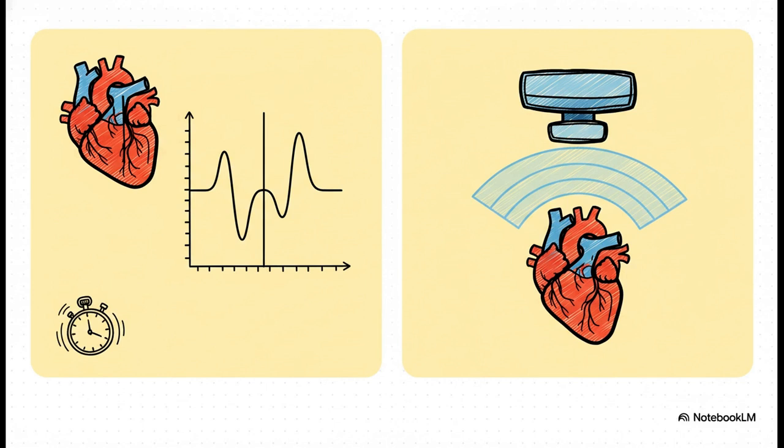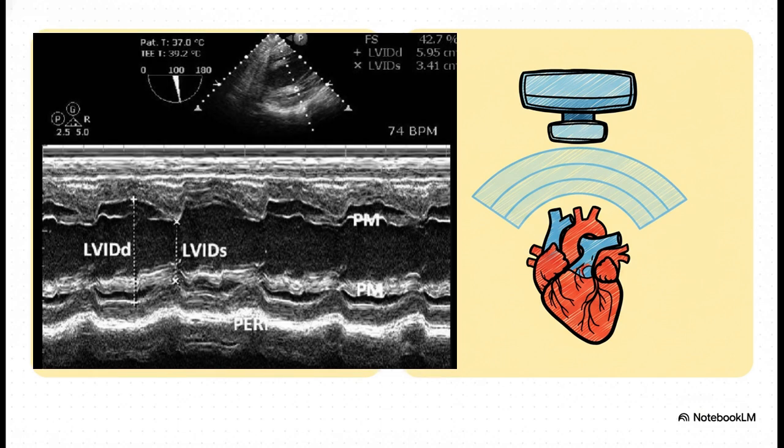Think of M mode, or motion mode, as an ice pick view. It sends out a single line of ultrasound and just plots what it sees along that one line over time. Its temporal resolution is absolutely phenomenal. We're talking over 1,000 frames per second. This makes it the perfect tool for precisely timing cardiac events, like valve opening and closing, or getting super accurate